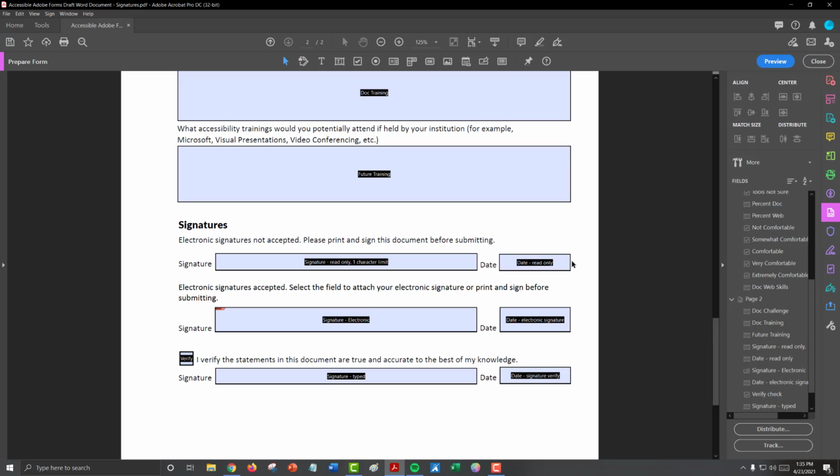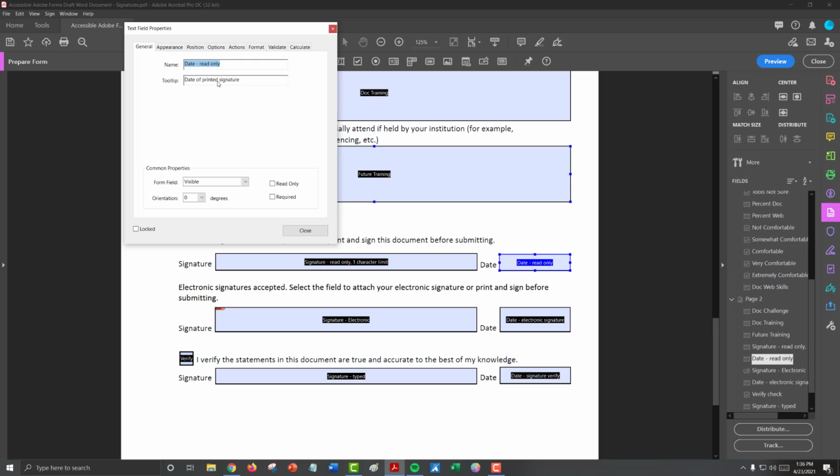If you have a date associated with your signature, and most signature fields are followed by a date, this date is usually when it was signed. So in all of your settings for the date fields, you need to include that information in the tooltip for your date. For our first example, that read only signature field, we have the tooltip of date of printed signature.